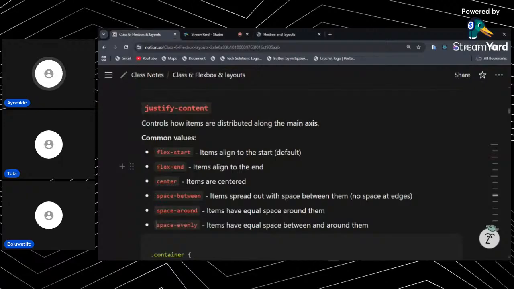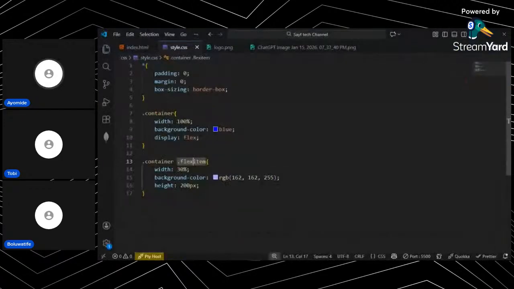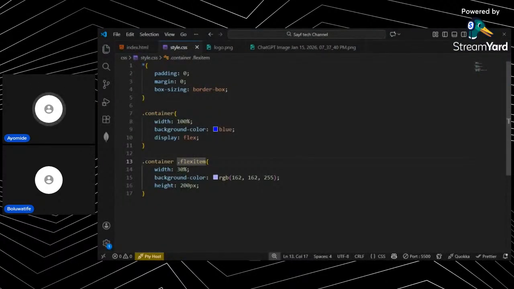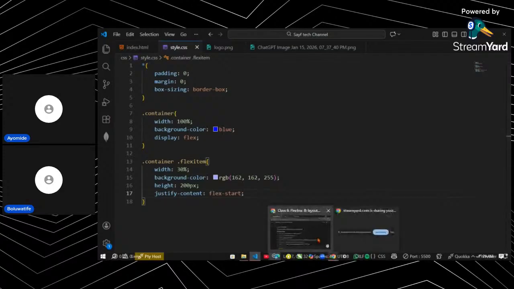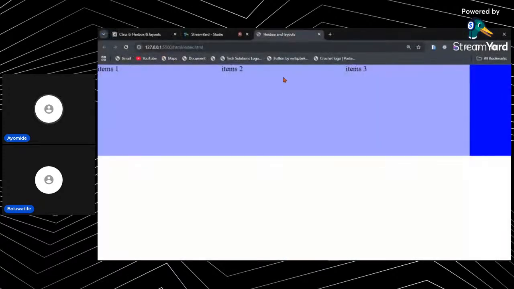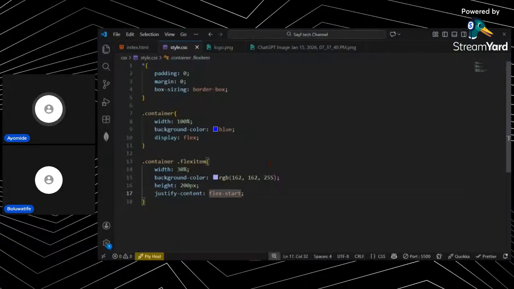So we now have flex end. It's going to make the space be on the left, then all the items will be on the right. So start means left, end means right. Do you understand now? So if I was to come here now and say justify content flex start, that's the default one, so you are not going to see any changes. It's still going to be here. But if I change it to flex end now,